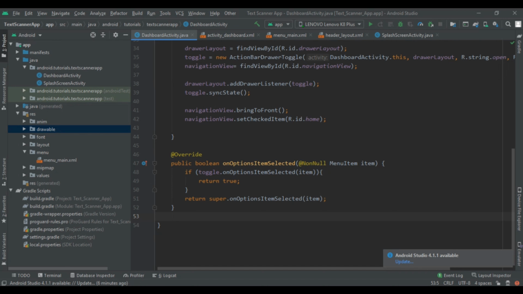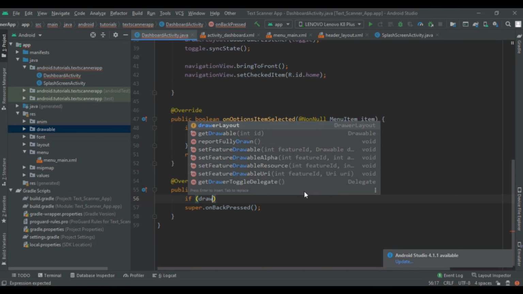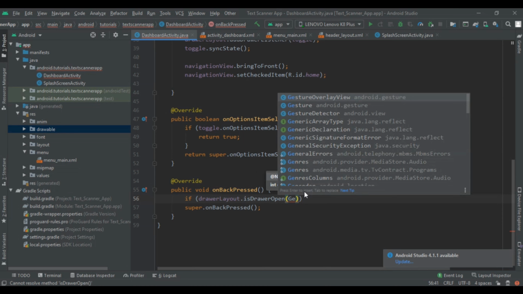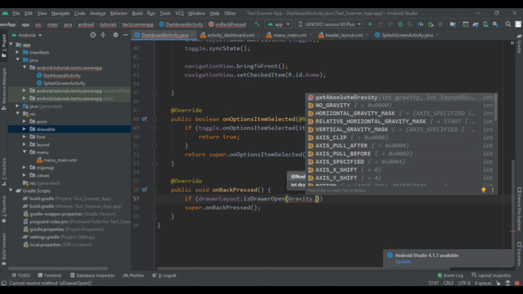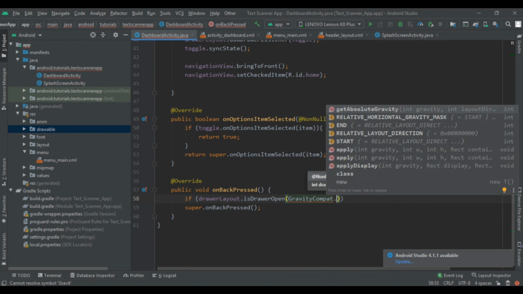To avoid that, we have to add one method, the onBackPressed method, and here we have to check if drawerLayout.isDrawerOpen of a gravity, GravityCompat.START.